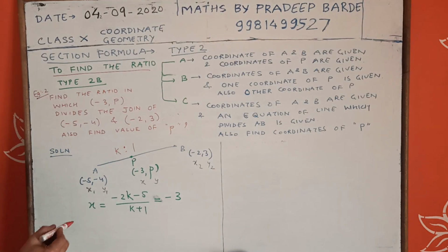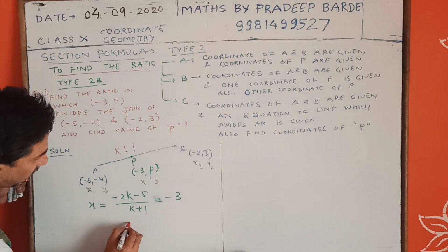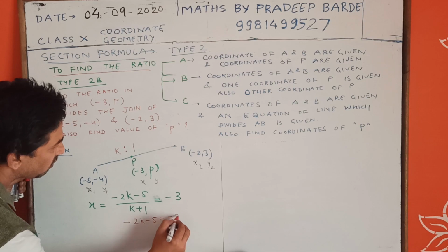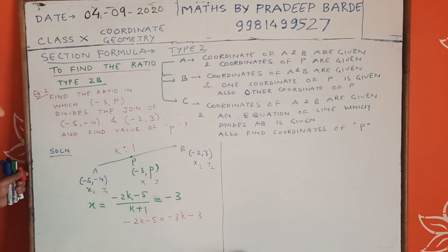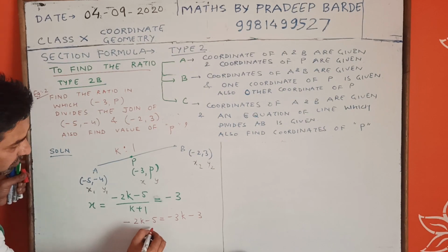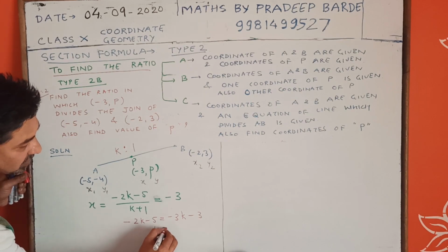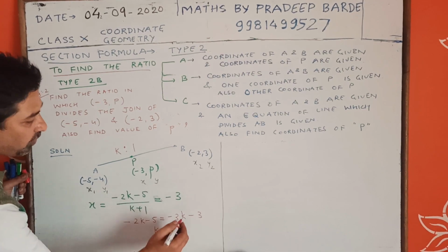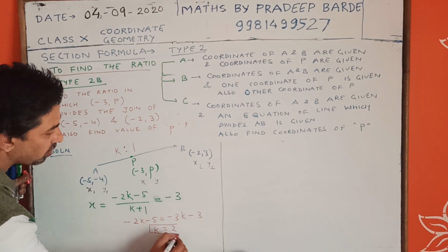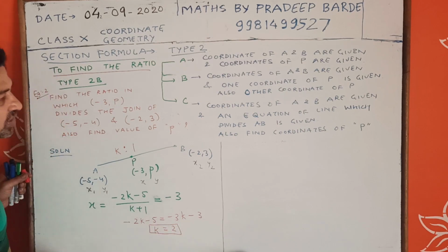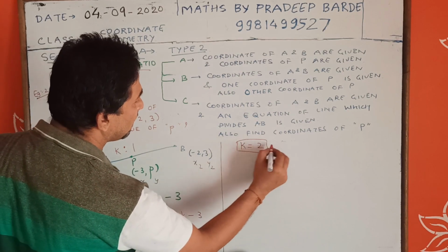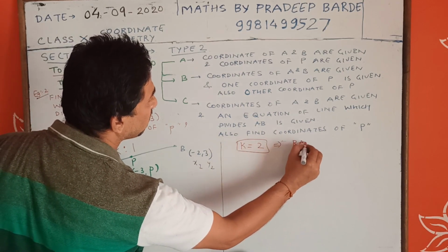Now let's cross multiply and see. -2k minus 5 equal to -3k -3. -3k ट्रांसपोज होगा तो यहाँ पे हो जाएगा +3k -2k, that is k. -5 ट्रांसपोज हुआ तो +5, 5 - 3 that is 2. So we got k is equal to 2. k की वैल्यू आ गई बच्चों 2. इसका मतलब रेशियो आपके पास आ गया